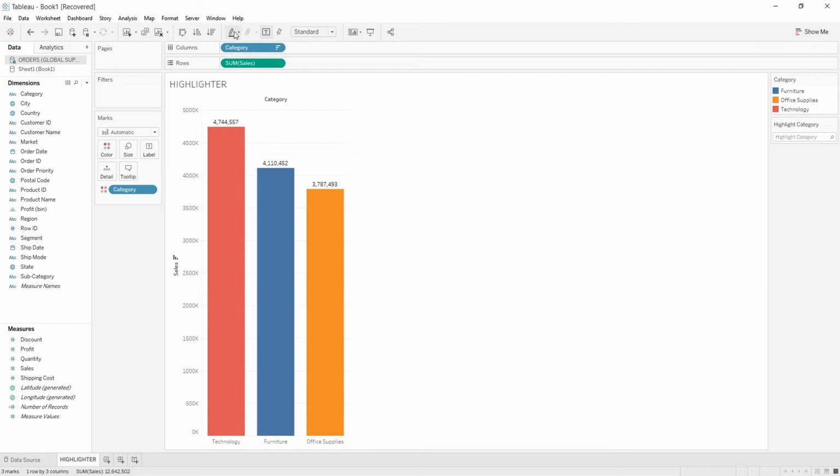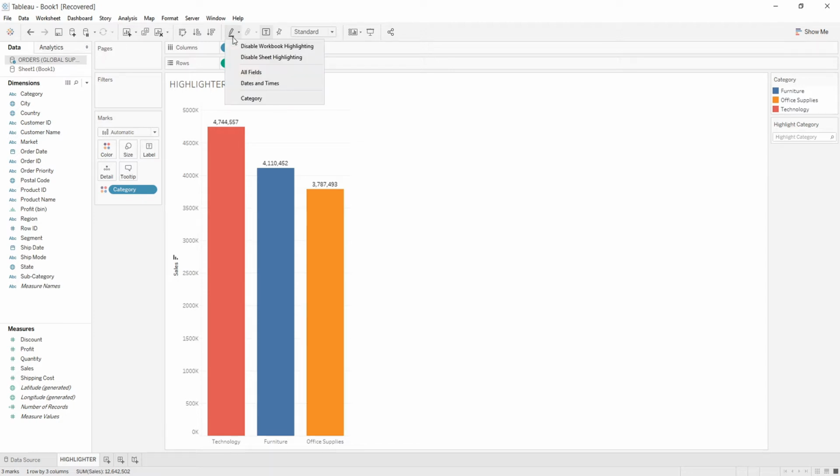So while going over to this highlighter that is present on the toolbar, we can see that there are various options present here and it is working on some complex views also, where we can see that there is an option of all fields, date and time and category, which means our highlighter would be highlighting the values on behalf of all the fields present in the visualization. And our highlighter would be highlighting the data on behalf of date and time and on behalf of only one attribute, that is category.